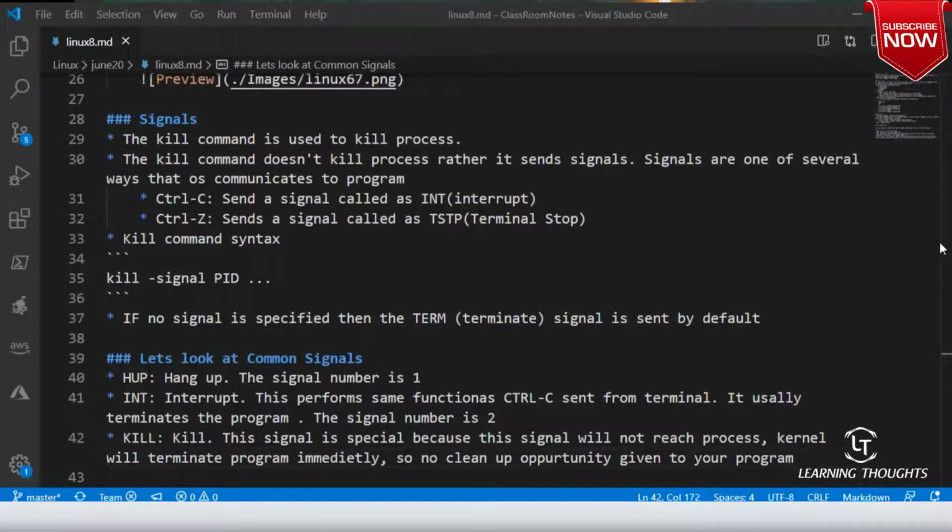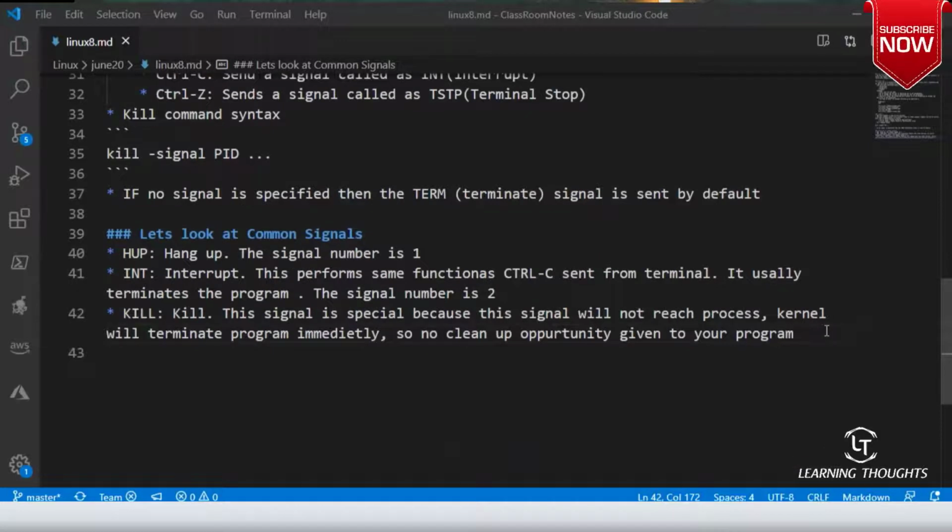So interrupt is actually a better way than using kill. Kill signal is very dangerous. Kill is directly sent, it works at a kernel level. And the signal number is 9.